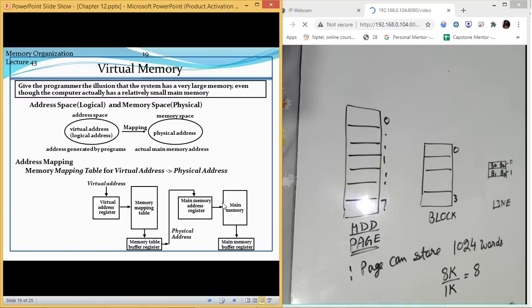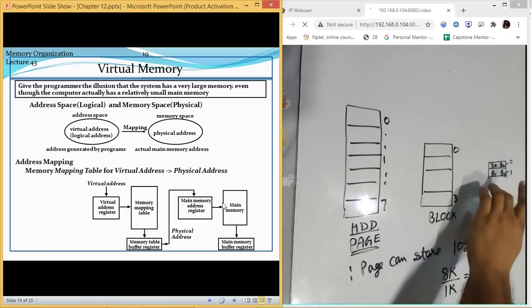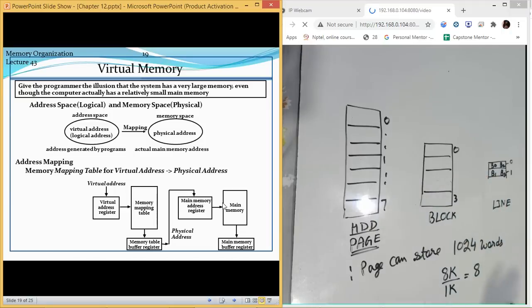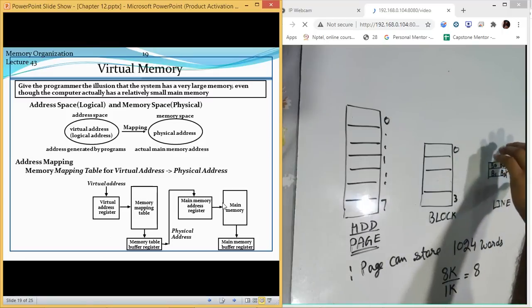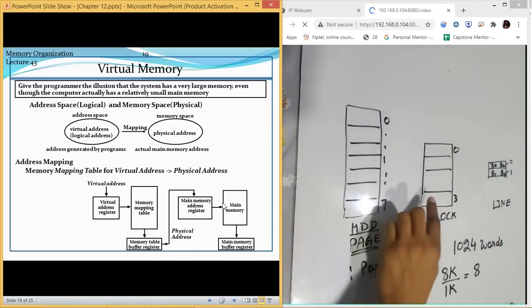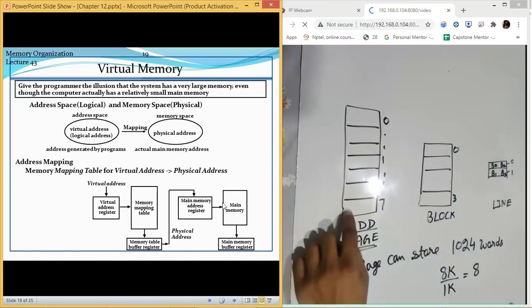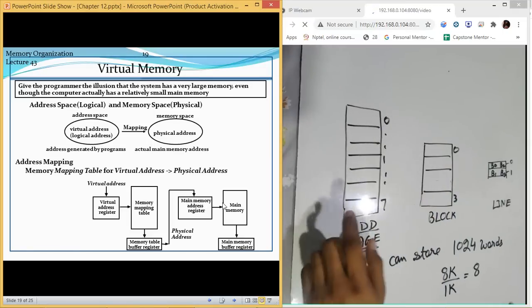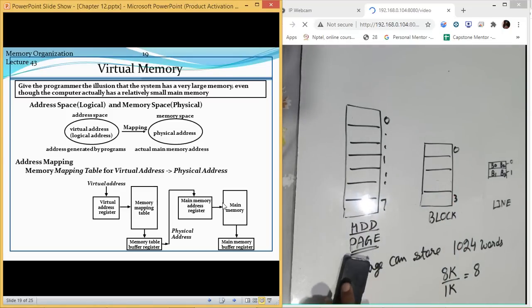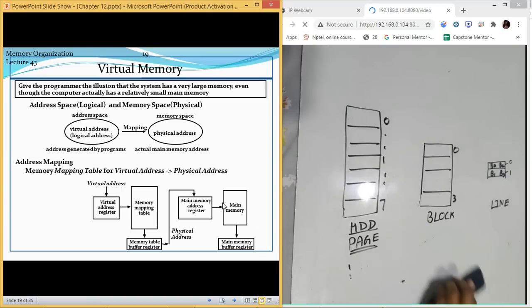Now, about line and block, how these are mapped, we have talked about that already. We spent 1 hour on this, on how we are going to access line and block by using the same address space. Now let us talk about the block and hard disk drive, how we are going to map these two. We call it virtual memory as well, so we are going to discuss that in virtual memory.